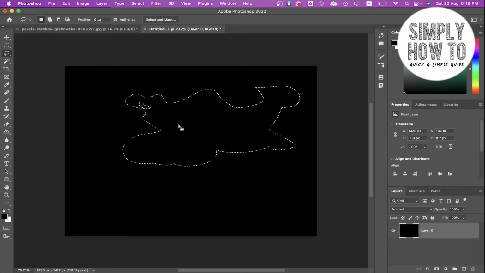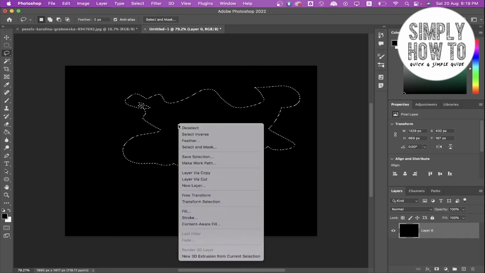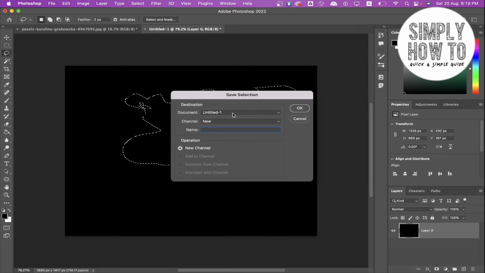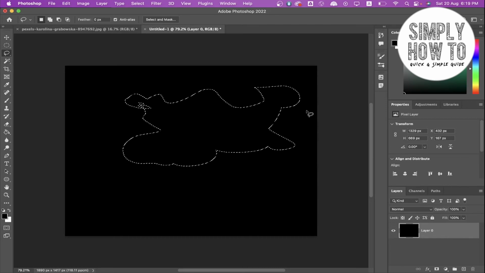Let's now save the selection. All you gotta do is right click or press by two fingers in order to open the menu over the selection and click on save selection. Here you're gonna choose where to save the selection, and here you can choose a channel, and here you can name the selection. Let's make it new selection and click on OK,